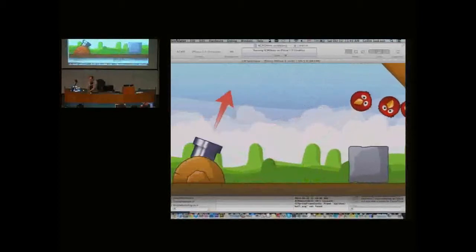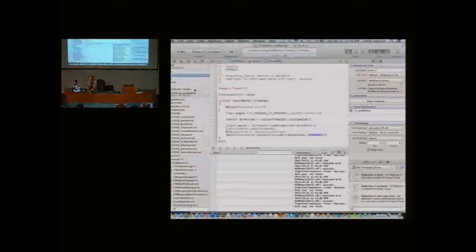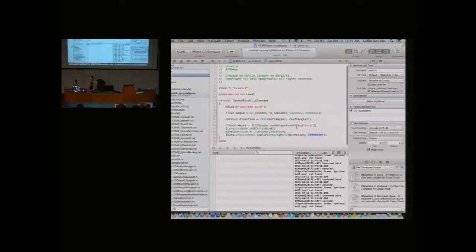I noticed that there seems to be a little bit of lag of the bird coming out of the cannon because it's actually getting started at the anchor point of the cannon. We kind of want the bird to come out a little bit further out. So let's, instead of setting the initial position of the bird to be the position of the launcher, let's instead have the bird be a little bit further out. So I'm going to say let's add to the launcher position